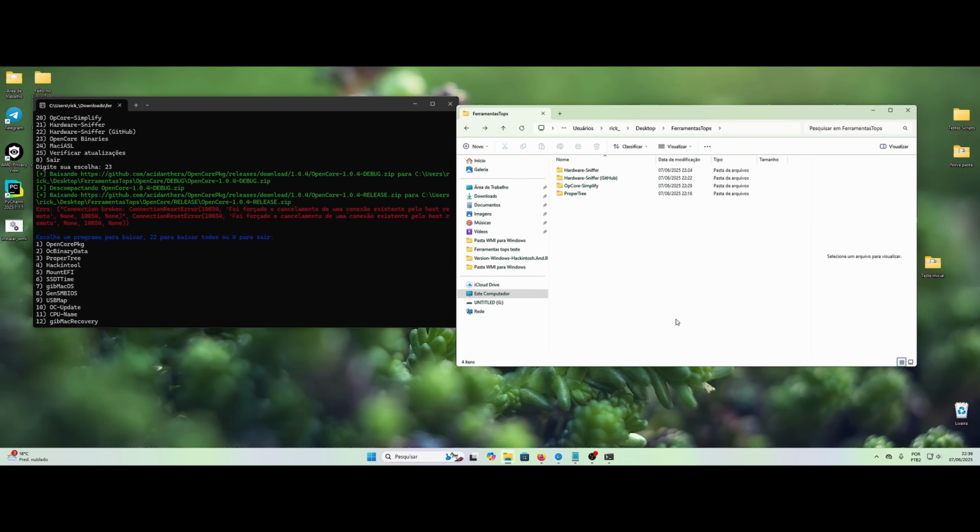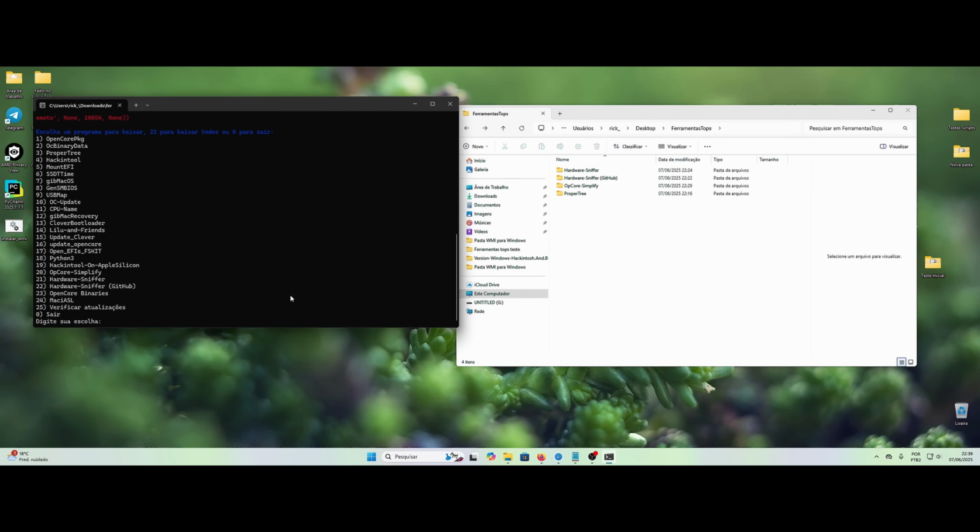Let me see here again. Let me delete it. Downloaded the 23 binaries again here. Sometimes it gives you a little problem on GitHub. Now, yes, it comes here in release.